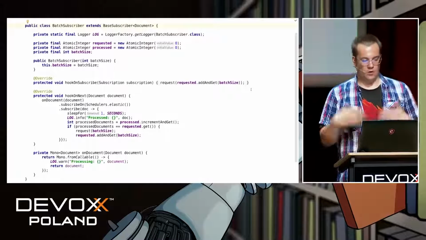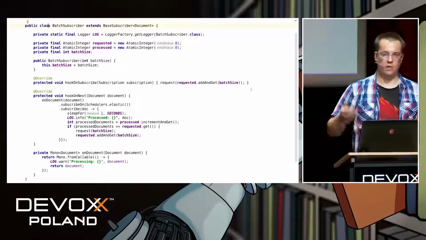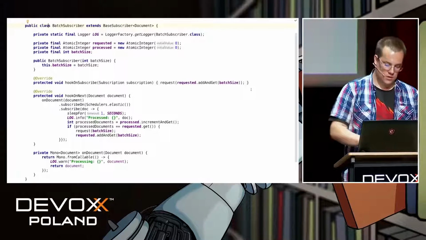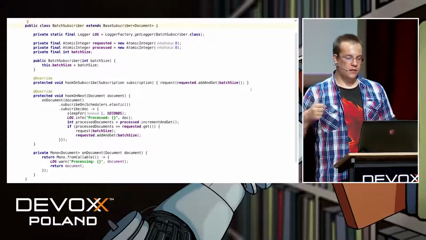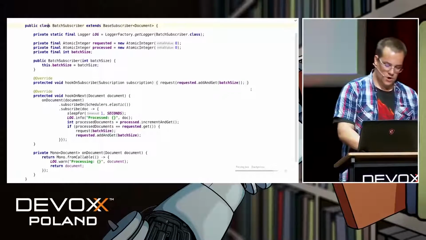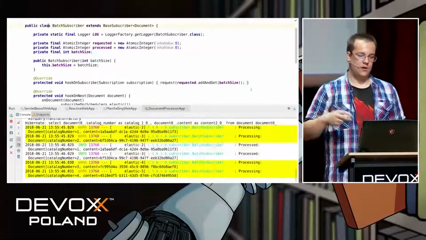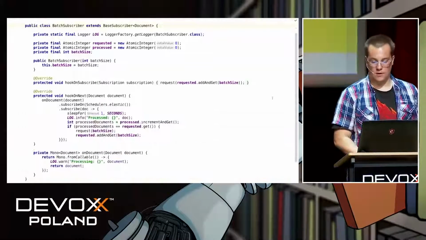It uses some atomic integers, and each time a document is processed, it checks whether it processed all the documents in the current batch, and if it's so, then and only then it asks for another batch. And if we run it, this should process documents in 2-element batches,